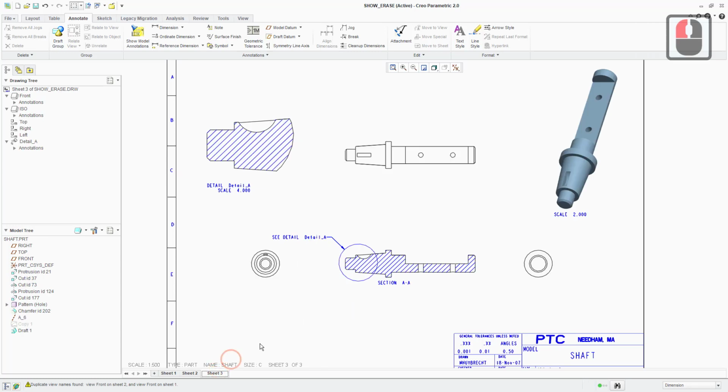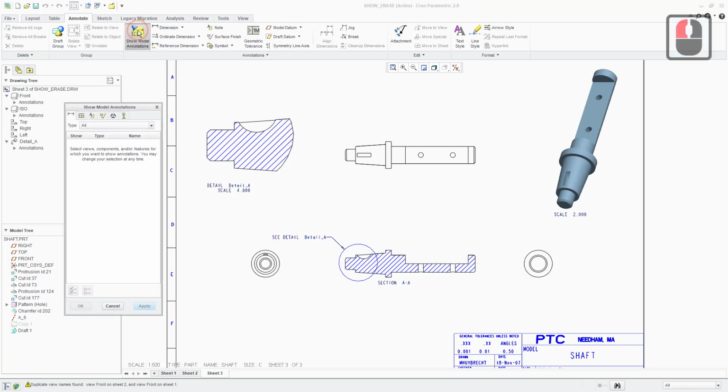So we'll move on to sheet 3 and we'll look at bringing in other types of annotation. So in this case we're going to bring in some axes from the part, and we're going to add them to this view here. So we've selected sheet 3, we're going to open up our model annotations tool again, but this time rather than dimensions it's datum features that we're actually going to bring in, because the axes are classed as datum features. So if we select that and then we'll select our view,